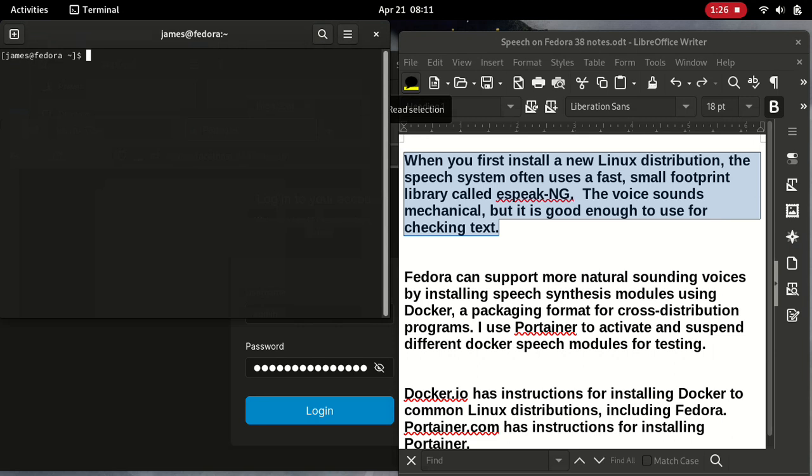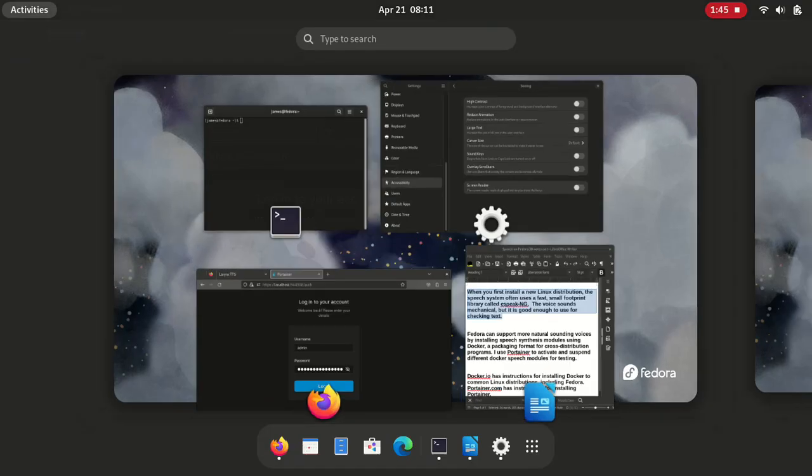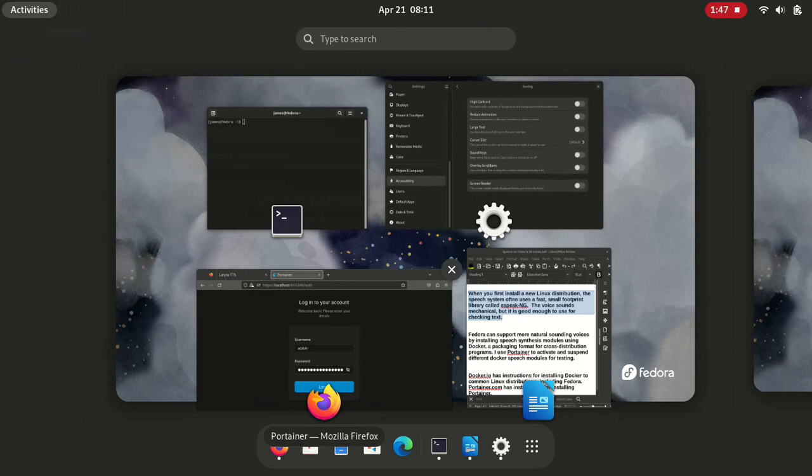So what you just heard is what the text-to-speech sounds like when you first install Fedora. Fedora is capable of having better sound. Today I'm using Docker programs with retext extension to make it sound better. So I'm going to hit the Windows key and